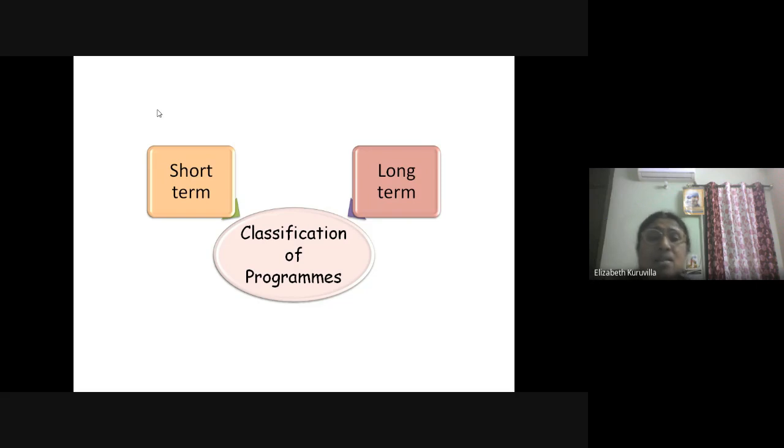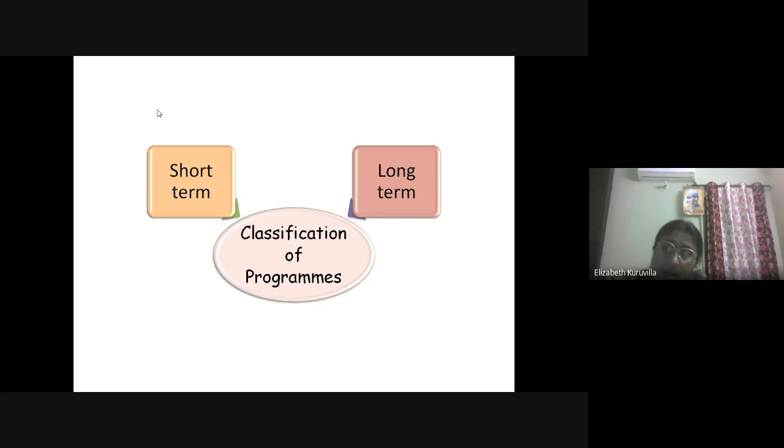It is meant for a short period only. Within a short period, it should be realized. Whereas in the case of long-term programs, they may be realized after some years.